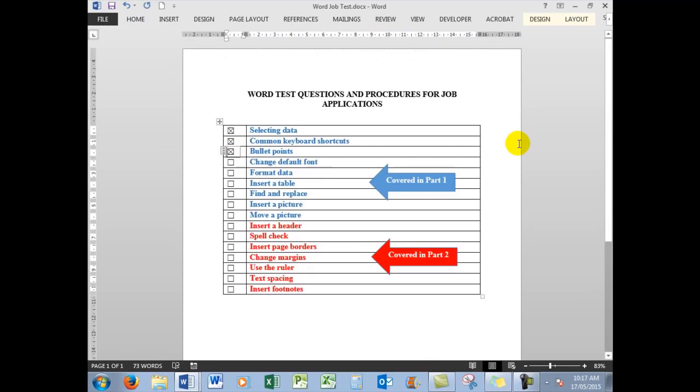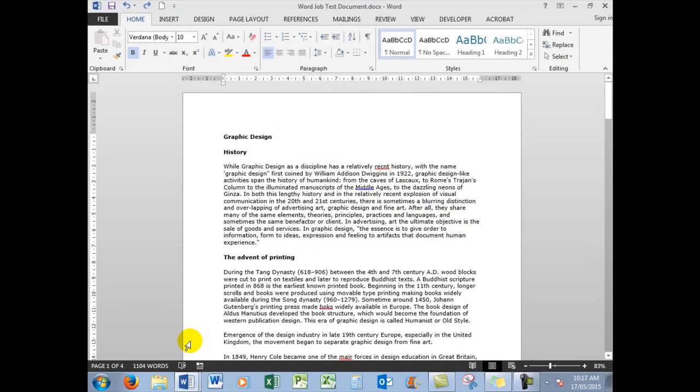The next thing that you would be tested on is how to produce bullet points. It's quite simple, nothing too hard about it. Remember that bullet points work on paragraphs. So if I select that paragraph, triple click, hold down my Shift key and triple click in that paragraph,